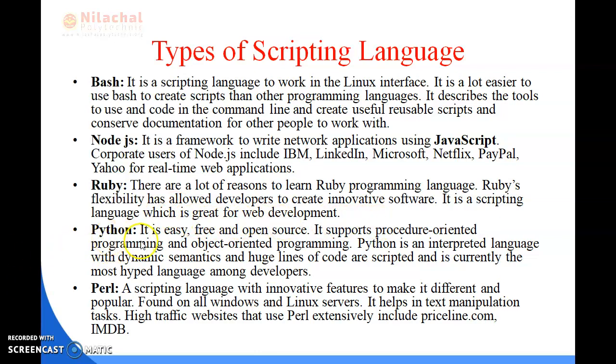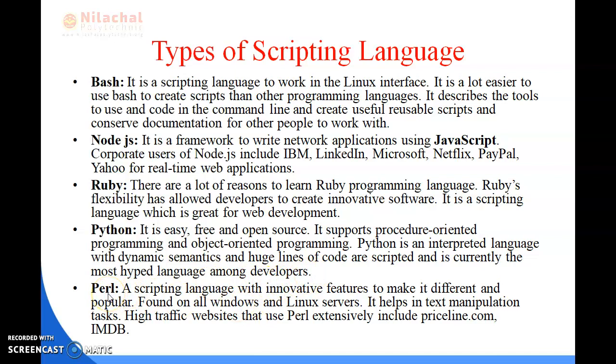Next is Python. It is easy, free and open source. It supports procedure-oriented programming and object-oriented programming. Python is an interpreted language with dynamic semantics, and is currently the most hyped language among developers.